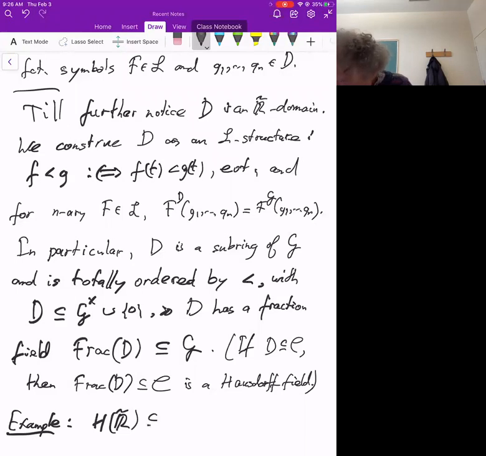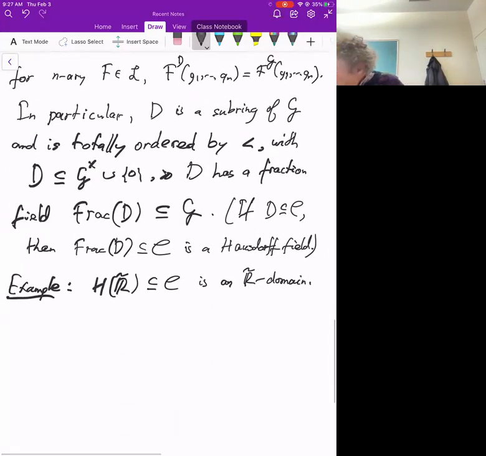Well, that is an R tilde domain because it's basically closed under the operations of the primitives of R tilde. And now we can prove a lemma, which is,